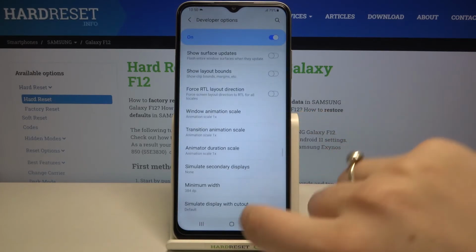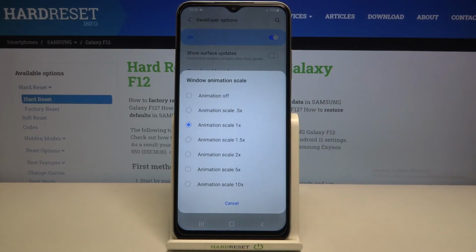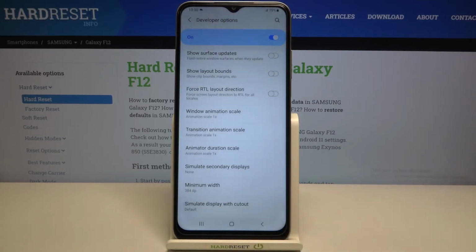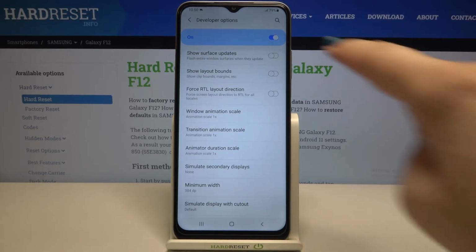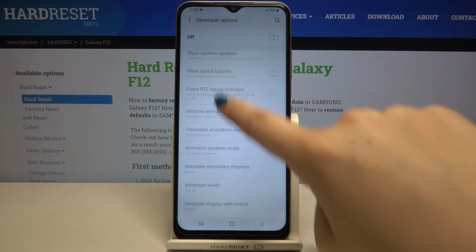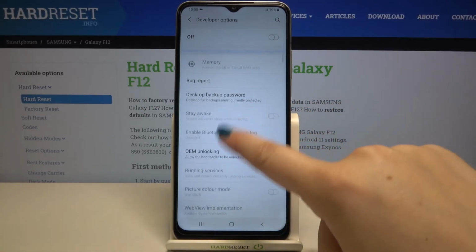If you've got the options without the switcher, like here in the window animation scale, just tap on it in order to open much more advanced settings. So if you're done with customization of developer options, and if you'd like to turn them off, just tap on the switcher at the very top, and as you can see, most of the options are inactive right now